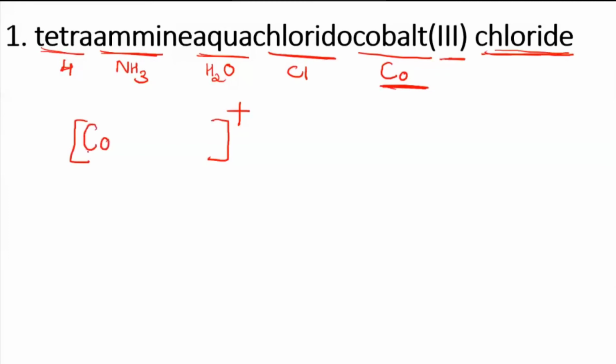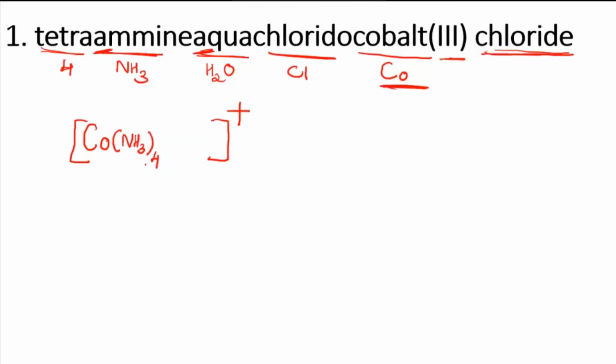Cobalt. Now see whether these ligands are in alphabetical order. Amine comes first, AM. Both ligands start with A, but AM comes first, followed by AQ. Then we have C, that is chlorido. So it's in the order itself and you can directly put them in that order. In case they are shuffled and given, arrange them in alphabetical order. Amine is 4, so you take NH3, put a bracket and write 4 times. Because it's a compound, whenever you have a compound, it's better to put a bracket.